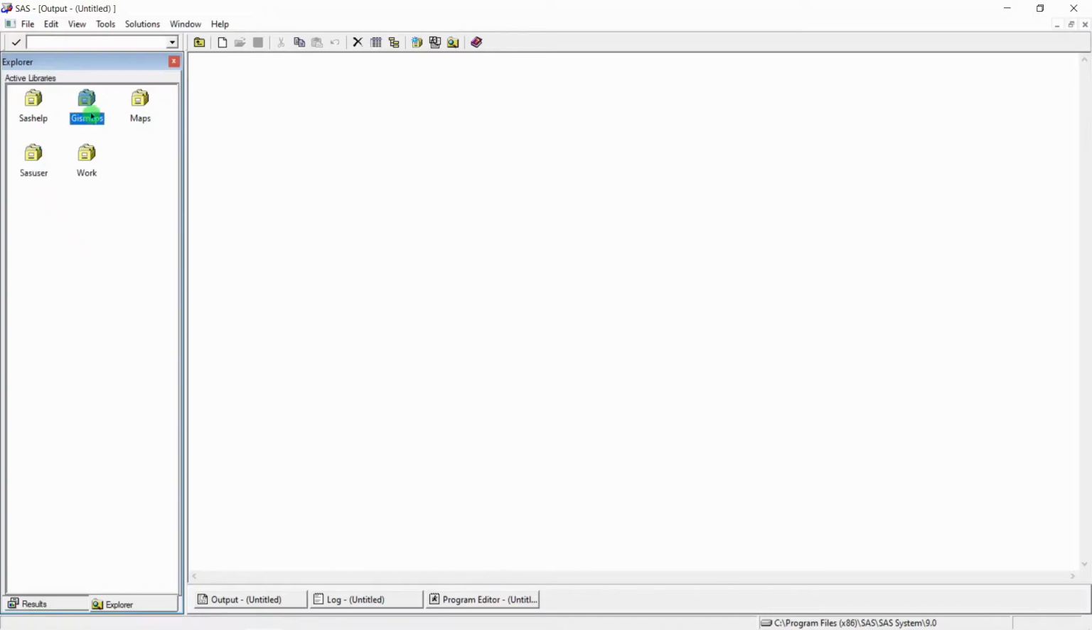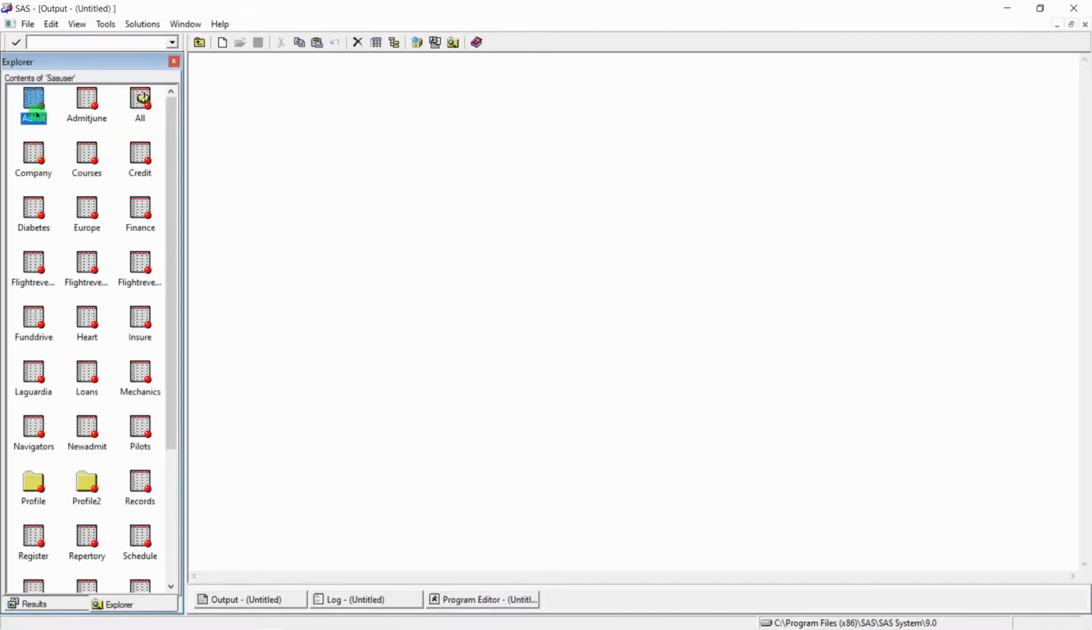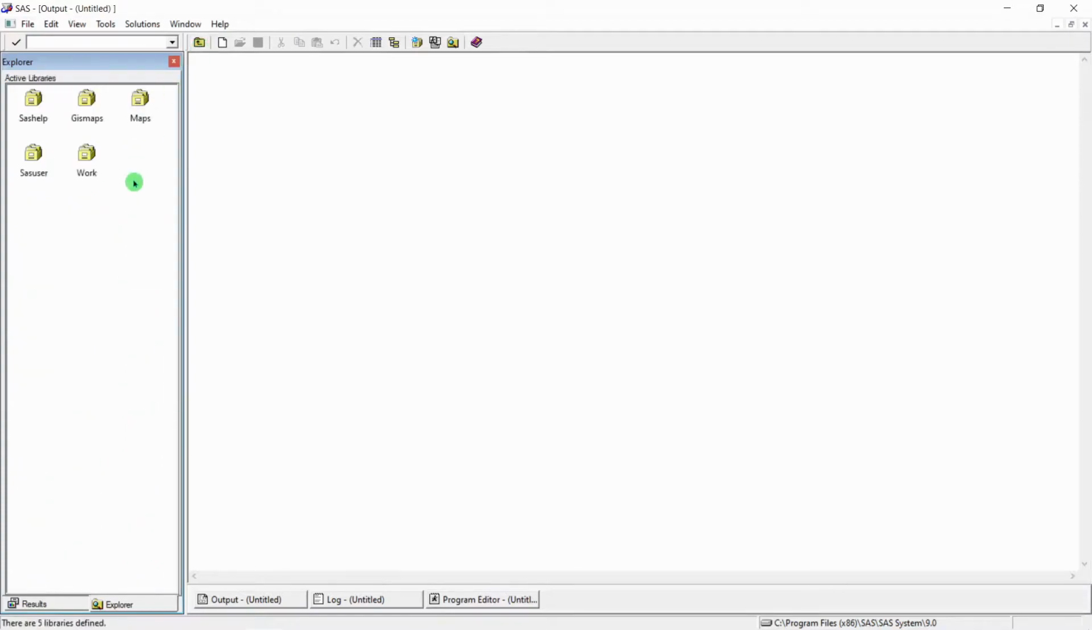All these are names of libraries, such as SAS help, GIS maps, maps, SAS user and work. Then you give a dot. Then you give the name of the dataset, such as admit, admit June, all, company. All these are names of the datasets here. For example, if I ask you to work on SAS user.admit,